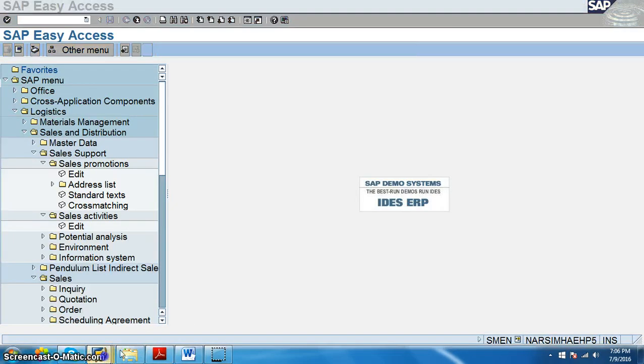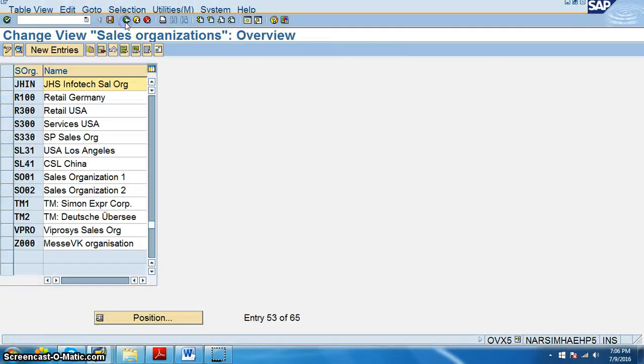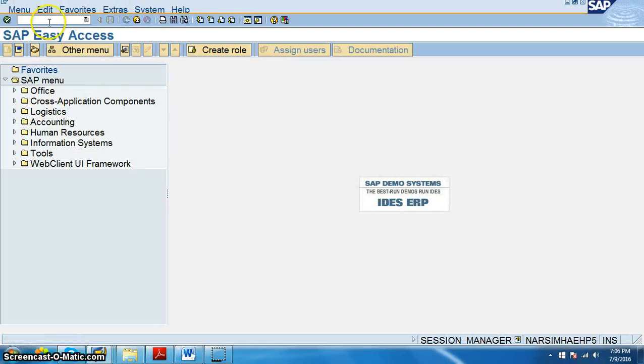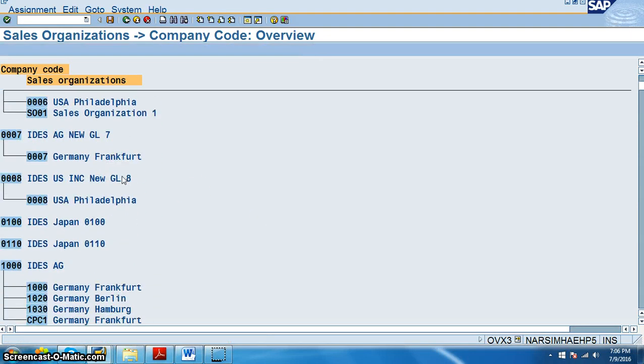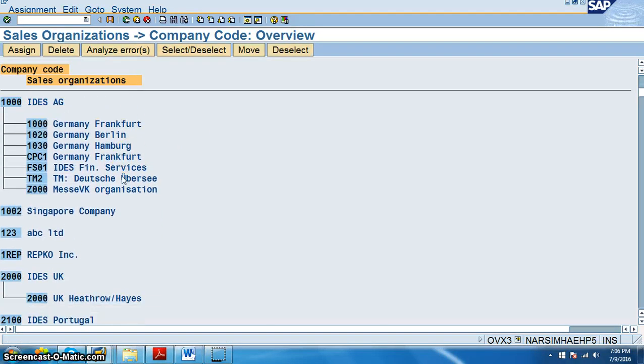So let's note this, and we go for OBX3, and in this we need to assign. So first let's select the company code here. The company code that we have here is JHIN.